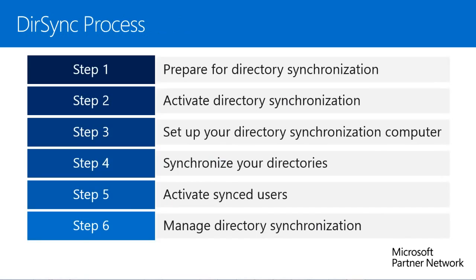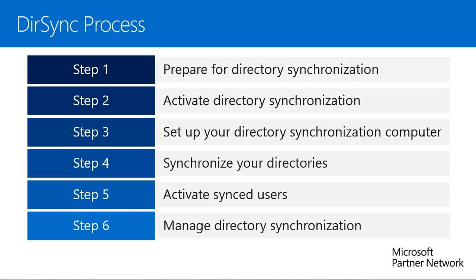DirSync process. Perform the following steps to prepare for, implement, and manage directory synchronization for your organization. In the first step, you need to prepare for directory synchronization. You will verify system requirements, create the right permissions, and allow for performance considerations. In the second step, you will activate directory synchronization from the Office 365 admin portal or use PowerShell commandlets to do the same. The third step is to download and install the DirSync tool on a machine which meets all